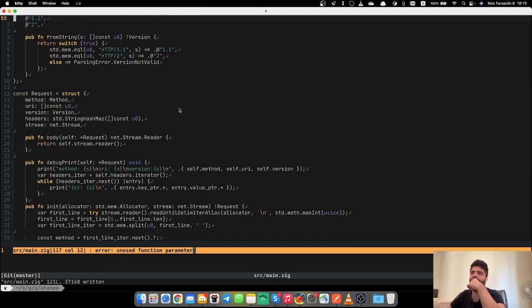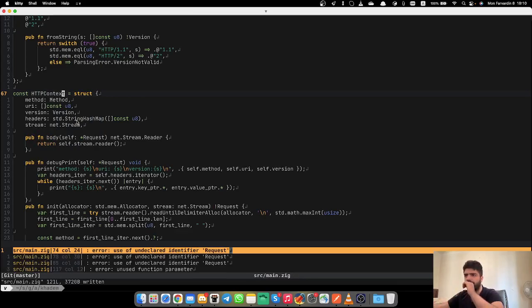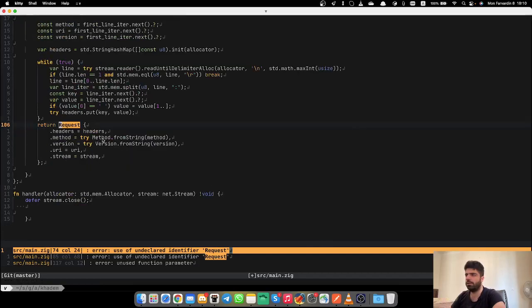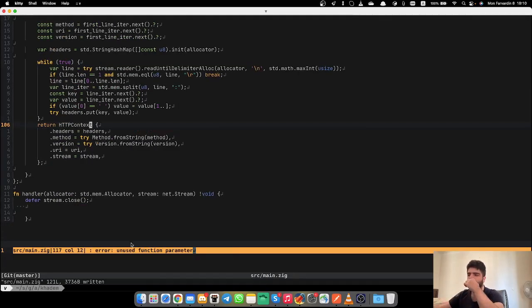Actually, this is not a request anymore. Since we have the stream inside the struct, it's actually more of the context of the whole HTTP connection. So I would rather call this HTTP context instead of request. Yes. Do the same thing for this, and this. Run this function parameter, which is here. Okay. So